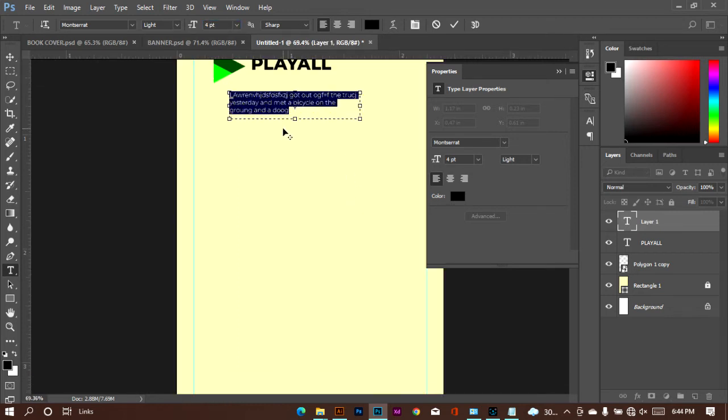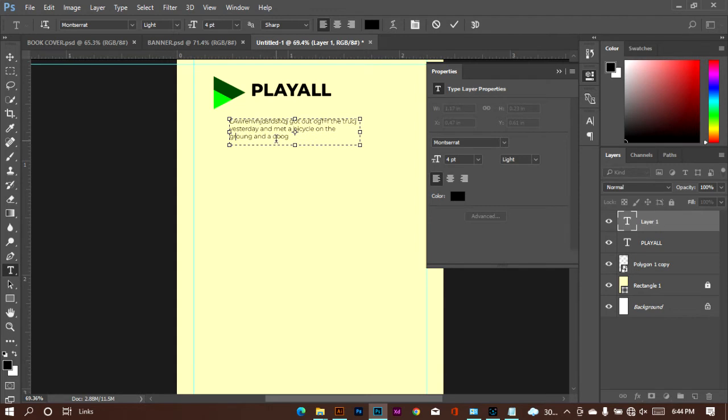Okay. Let's zoom in a bit. As you can see, this is what I've typed. So click on Control A. Let's use 4.5. Yeah, that's okay. So we're going to change this to a regular and drag it and place it directly